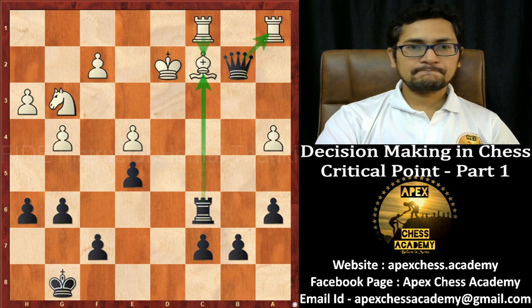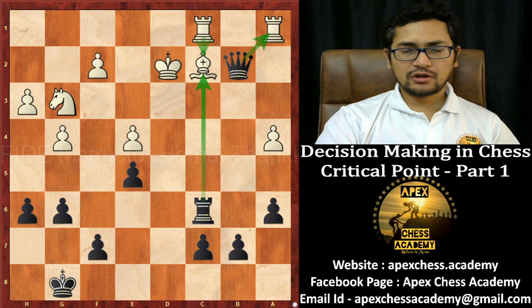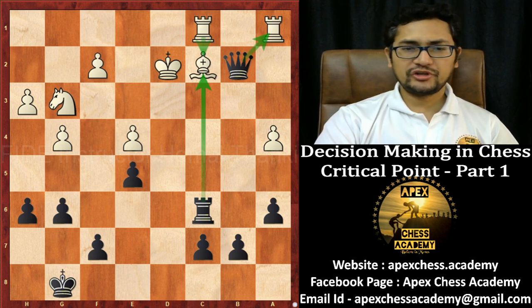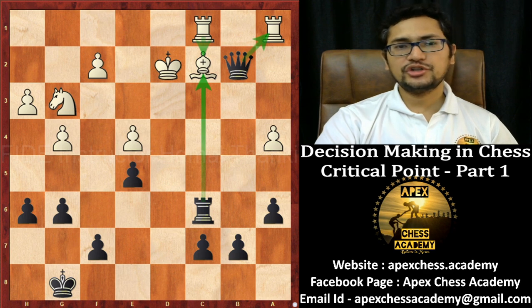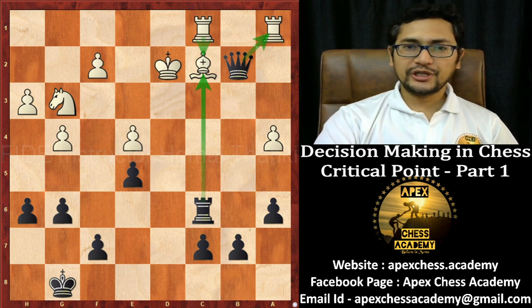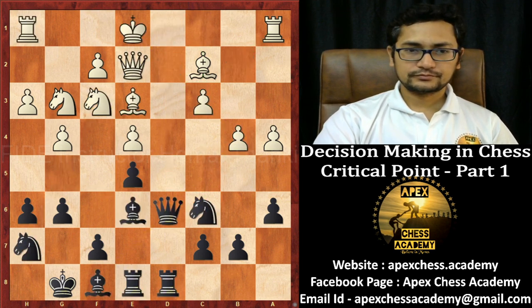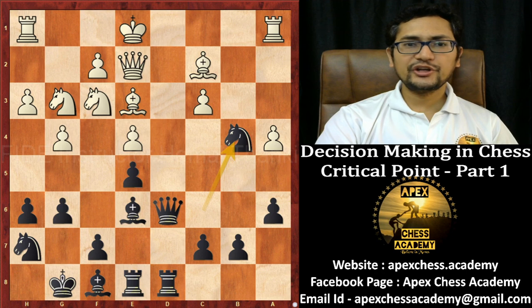So again, you cannot play rook b1. Rook b1 is answered by rook c2. Rook a3 is not possible. That means you are going to take rook c2 next move, which is an unavoidable threat. So which is winning. So let's come back to the initial position when we played first move knight into b4,